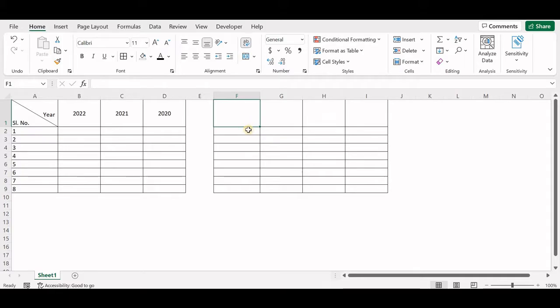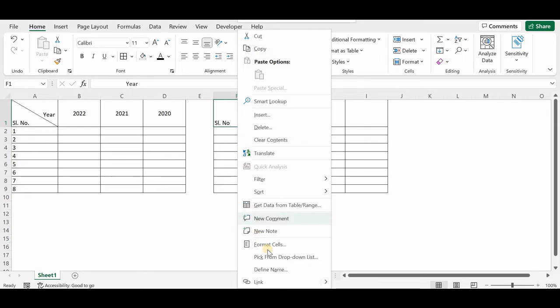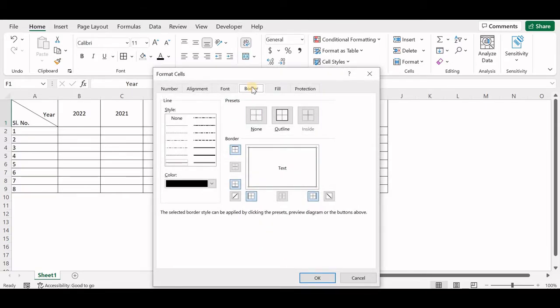So I'm going to type in both my entries here: year, Alt+Enter, which enables me to come to the next line, type in serial number and Enter, right? Now I'm going to double click next to year and move to the right. Enter. Then I'm going to right click, format cells, come to borders, select the line style, and in the right bottom